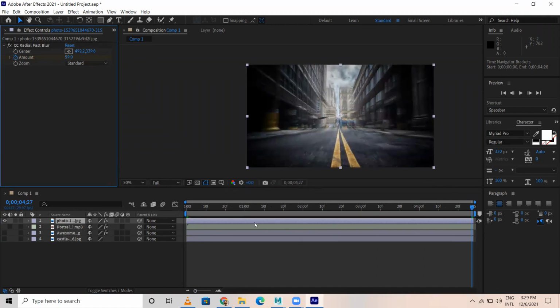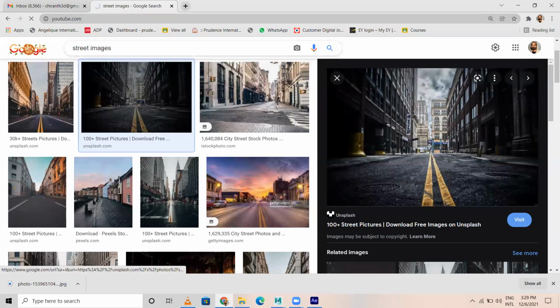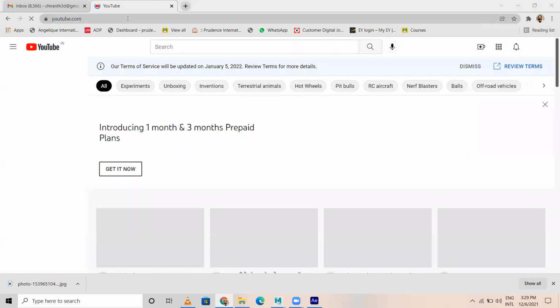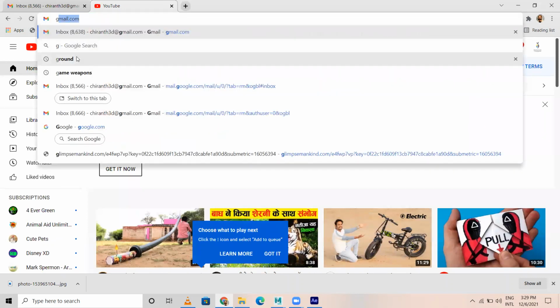So here what I can do, I can add a flash. You know, the character Flash, right? Green screen flash. I can go to YouTube. Flash green screen image, green screen footage you can pick. Or else, in here only.